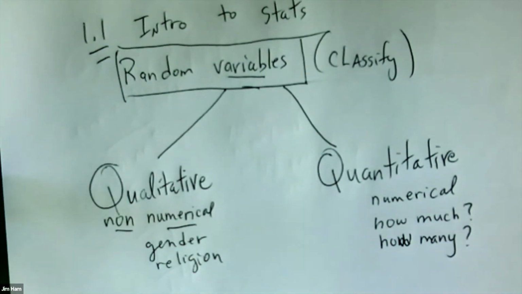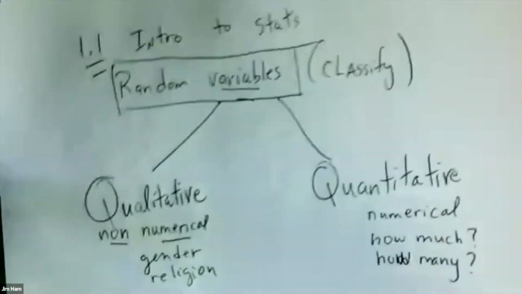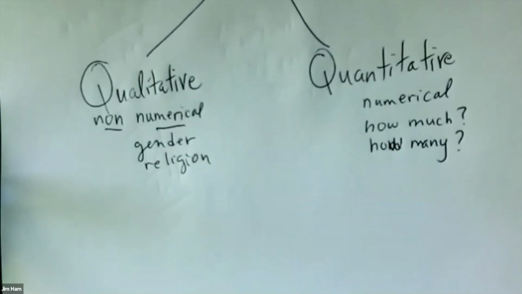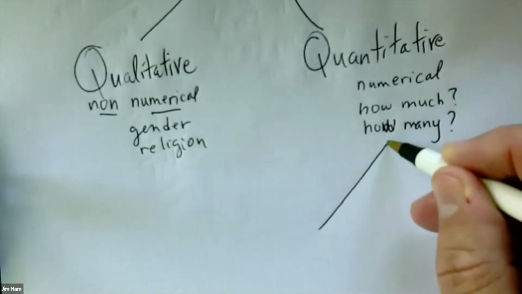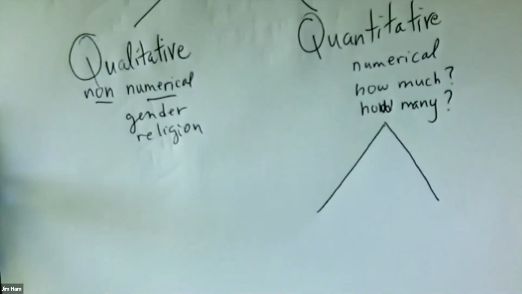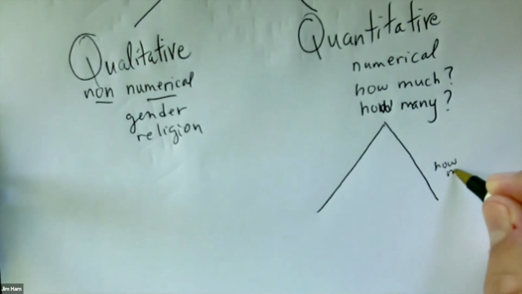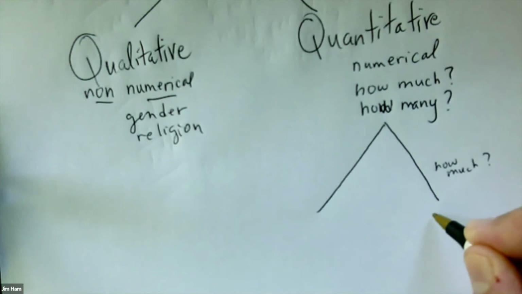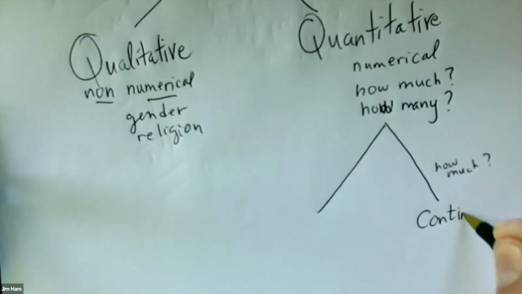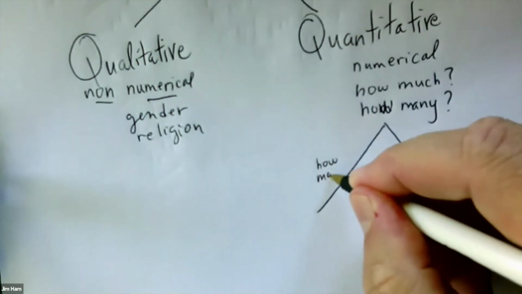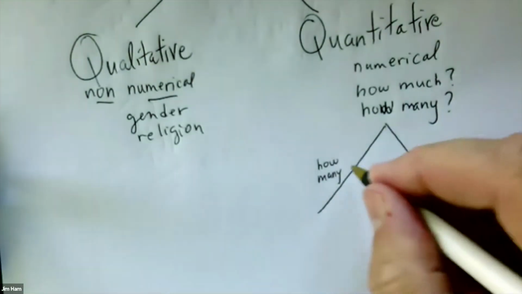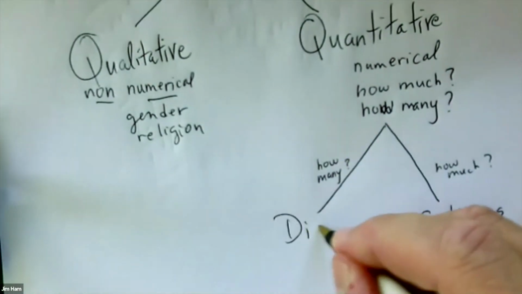All right, we can break this down further. There are 2 types of quantitative variables. Both of these types are numeric. They're numbers, but with the how much question, we have continuous numerical random variables. And the kind that answer the question how many, this is not always the case, but usually, are known as discrete